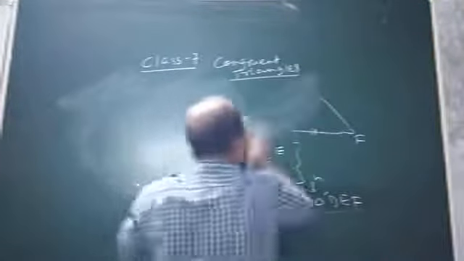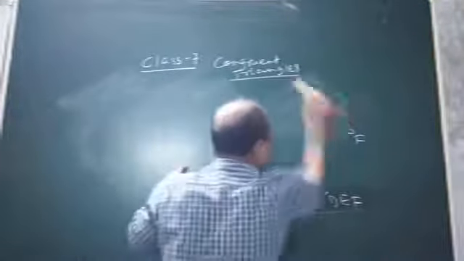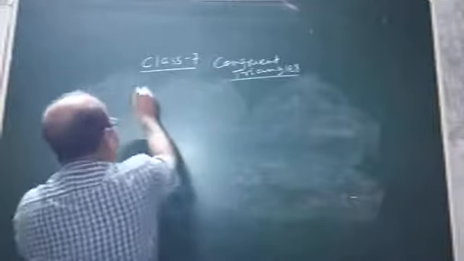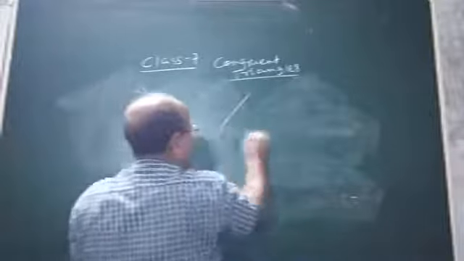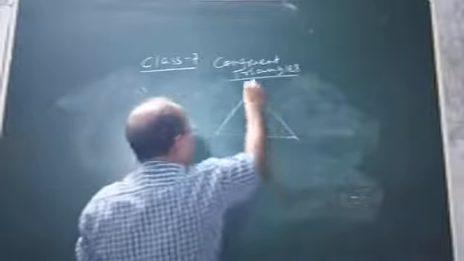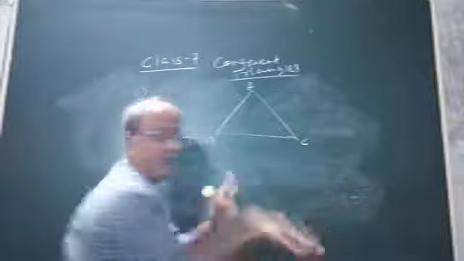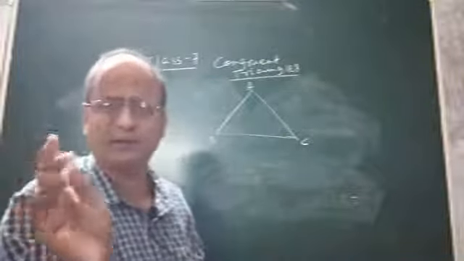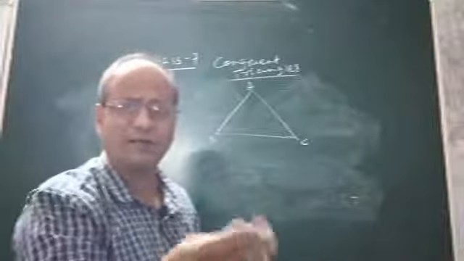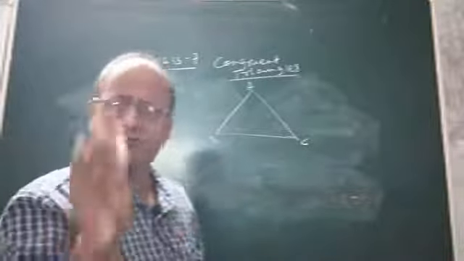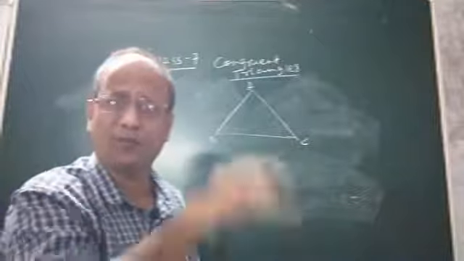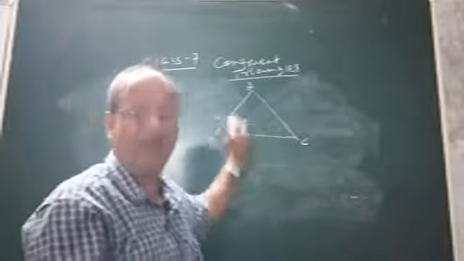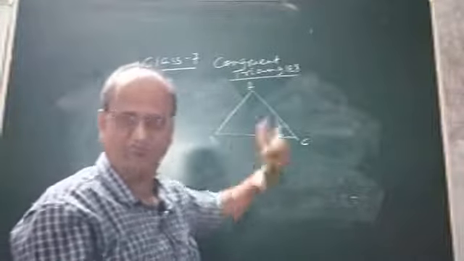Children, suppose a question is there like this. You know what an isosceles triangle is, no doubt. Let us apply, because without application it is meaningless to understand the thing. If we are not able to apply our understanding, then it is meaningless. So we have to apply what we understood from the chapter congruent triangles. Let us do one problem where we will find the application of congruency and the concept of CPCT also.